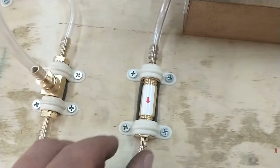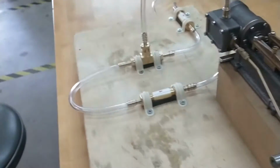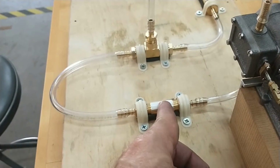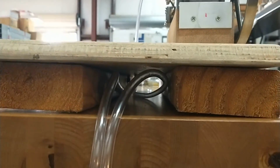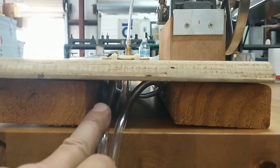These are just strictly 2-inch long brass nipples. And this one is divided in the center. There's a plug in the center, and it's got a manifold on both sides. You can see it under there, which is why it's up on the 2x4s. This line here is...